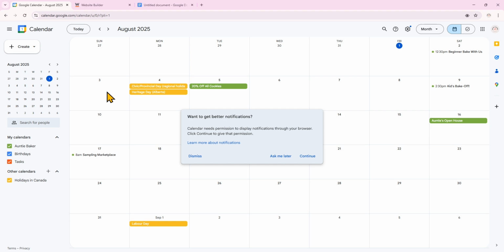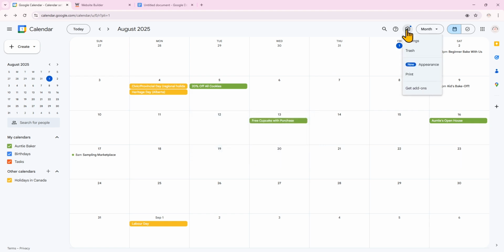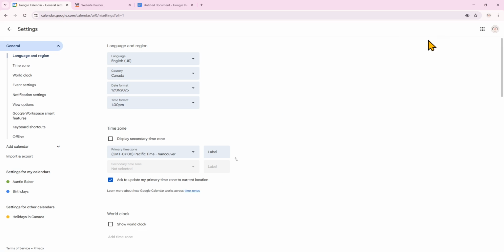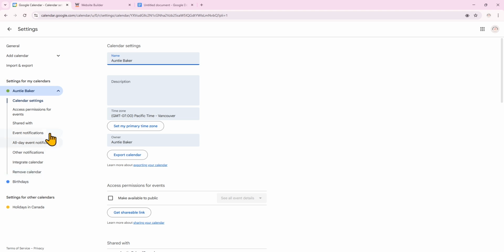So I've logged into my Google account for my cupcake business and I'm logged into calendar.google.com. So here's my calendar and we want to grab the embed code. So we'll click right here on the top, Settings, and then we'll click Settings again. And you'll see your calendars are listed on the left under Settings for my calendars. We'll click the one we want to add to my website, so I'll click this one. And you'll see all these options that appear here.